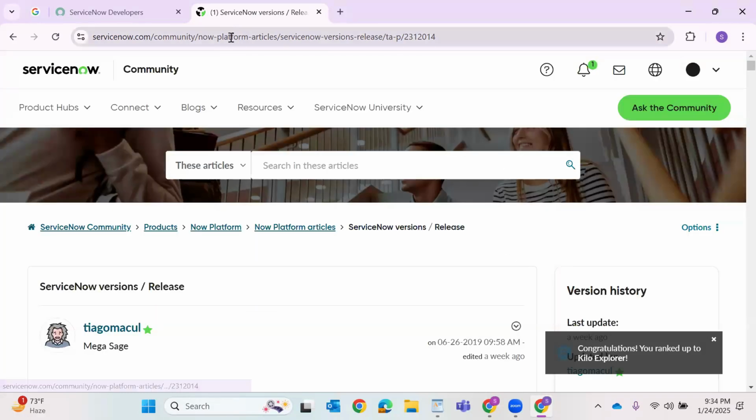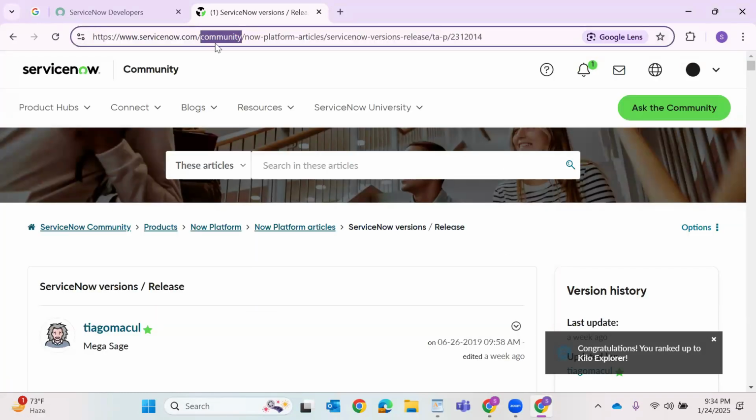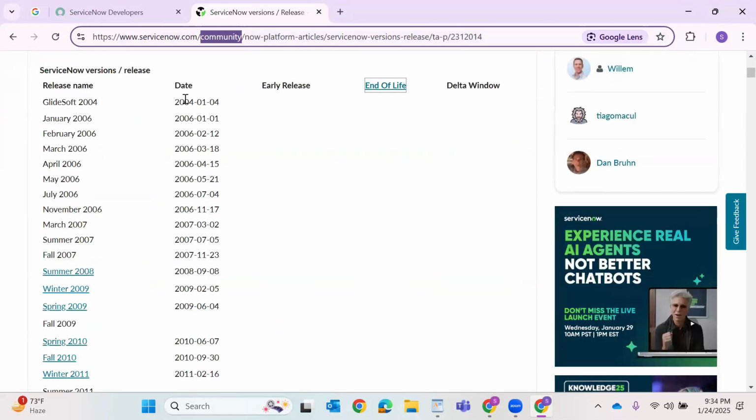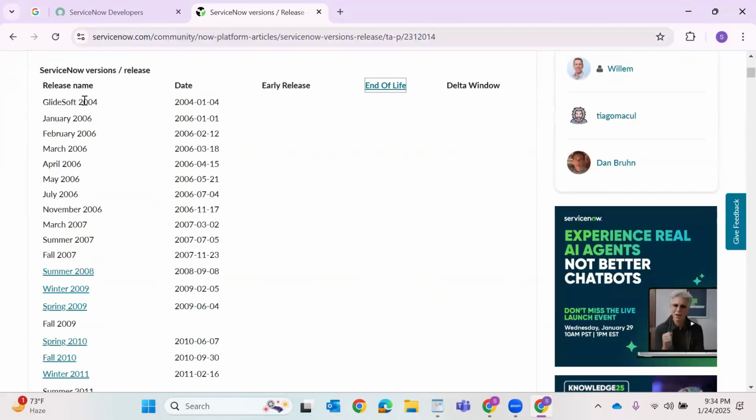Okay, see, now I'm on community, ServiceNow community. Someone has posted version names with the dates, so I can actually understand. Okay, GlideSoft was the name given in 2004. January 2006, they started using month's name. Okay, post that they started using